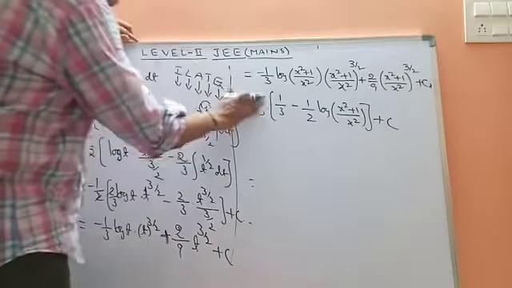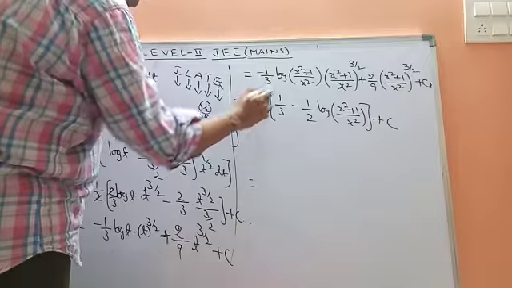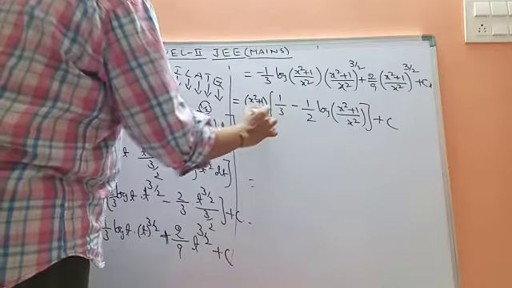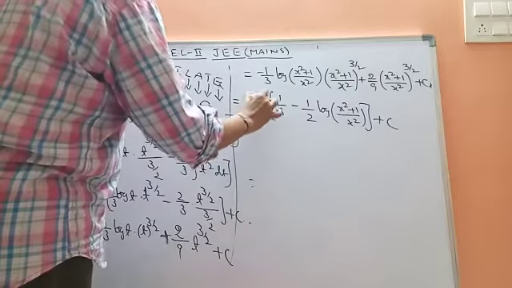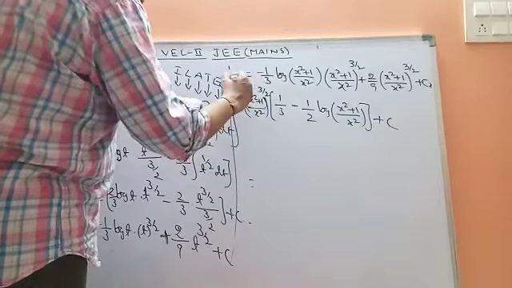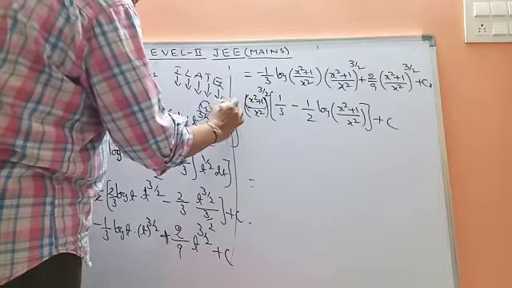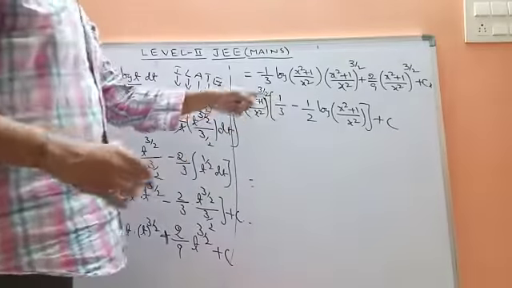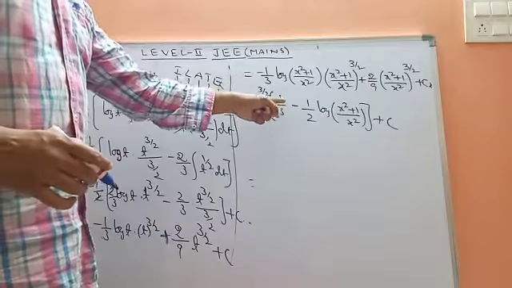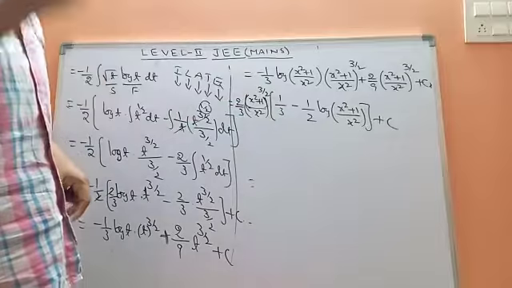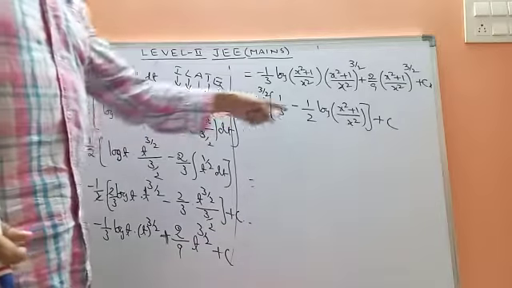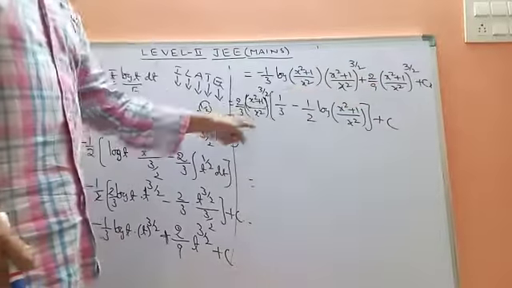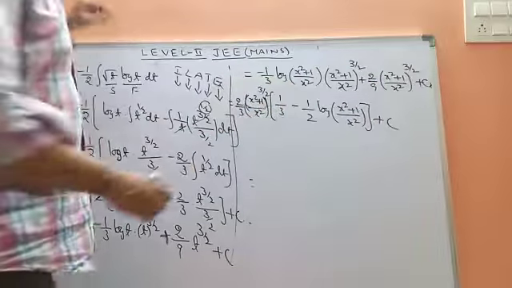2 by 3 taking common, so x square plus 1 by x square whole power 3 by 2, taking common. 2 by 3 into x square plus 1 by x square whole power 3 by 2 taking common. Then this is 1 by 3, that value is, so like that. Okay, got it? Minus 1 by 2. So 2 cancels, that is 1 by 3, that is okay. So 2 by 9 means 2, okay, 3 into, so that is the solution of this problem.